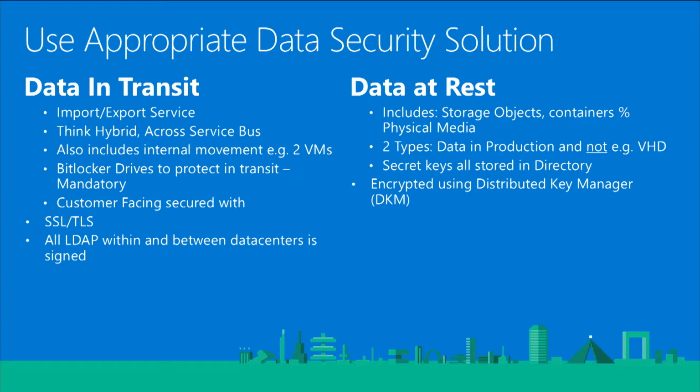For example, let's say we're uploading VHDs to Azure and we want to protect the data. We could actually use BitLocker with the drives. Let's say we want to communicate between two different services. Maybe we want to put a queue between two different services. We can use service buses, storage queues, and use keys to make sure that nobody has access to this other